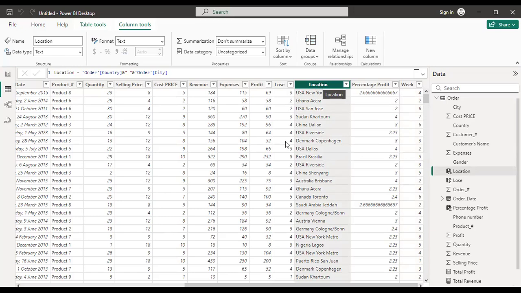So it's always advisable that if you need to create any new column, make sure you create them in Excel before bringing them here. Make sure you do all your columns in Excel before you bring them here. So always try as much as possible to avoid creating new columns in Power BI,